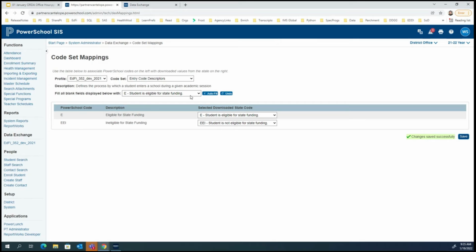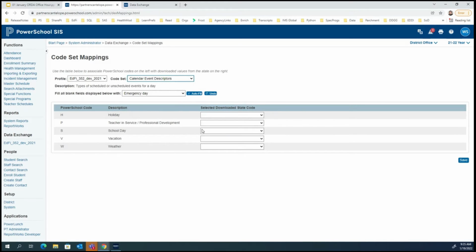Okay, let's take a look at a different one that's not really long, but that might be a little bit harder because the matchup is not as straightforward. In some cases, in the mapping that was done, a South Carolina namespace was used, and in those cases, typically it will be a one-to-one selection. But sometimes, if EdFi was used especially, then it might not always be one-to-one, but hopefully it's straightforward enough to be able to say, okay, this is a reasonable selection for my district.